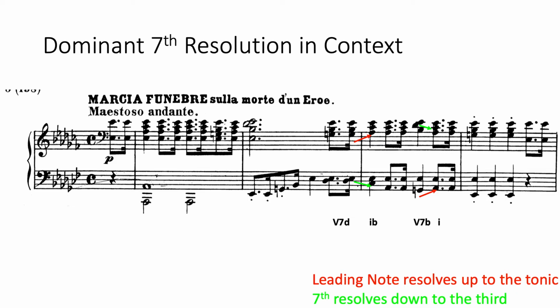and then we have our 5/7B chord. The 7th in the chord resolves down to the 3rd, the leading note resolves up to the tonic, so we get